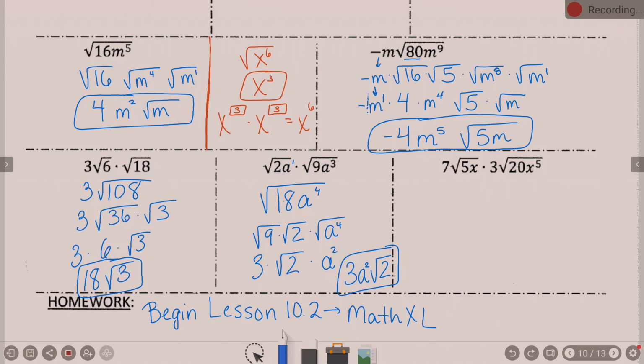Anyways, begin lesson 10.2. Okay? So if you see a fraction in it,